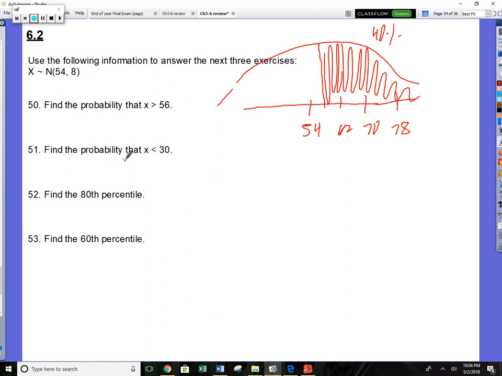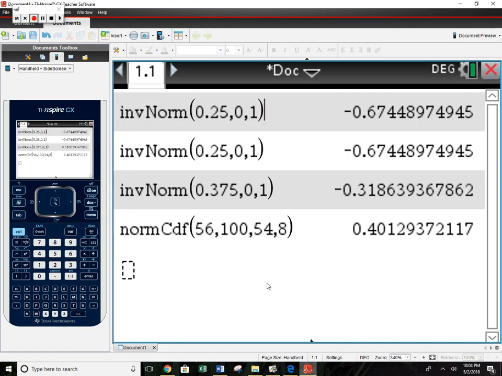So find the probability that it's under 30. So 30 is clear over here to the left. It's a negative z-score. So we're going to do the same thing. I'm just going to change this. If I go under 30,